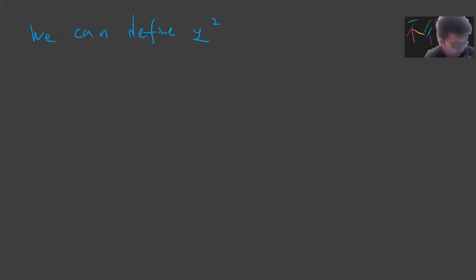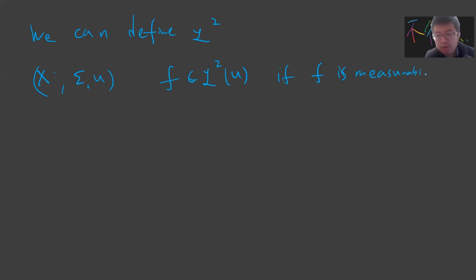So now we can define L2. This space is so famous that the first time I heard about it was in my first year as an undergraduate. Let's say you have some measurable space, and then you can define f belongs to L2 mu if f is measurable, which is trivial, because then you can define an integration, and if the integral of the square of f d mu